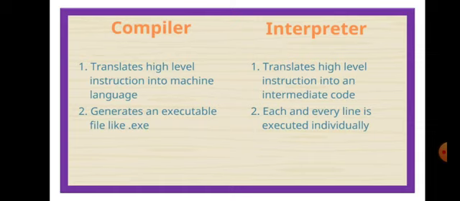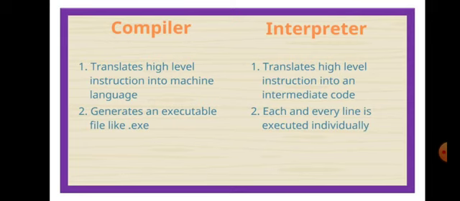So what will happen if each and every line is executed individually? The process speed becomes slower. Okay. Now in the interpreter, the process is from the source code, the interpreter will directly convert it into an output. So there is no need for a machine code.